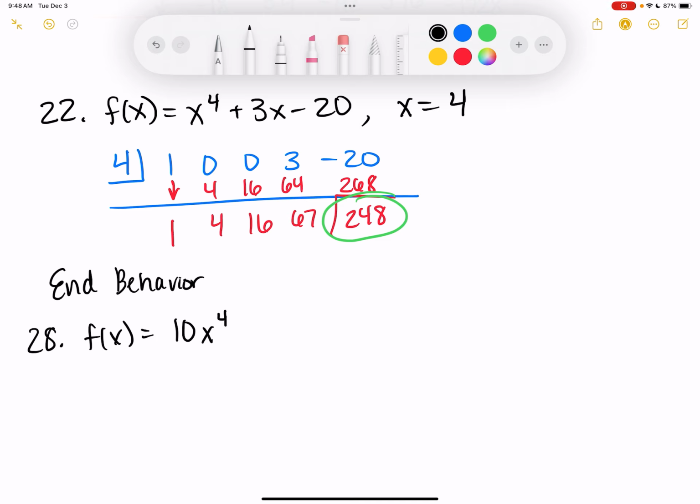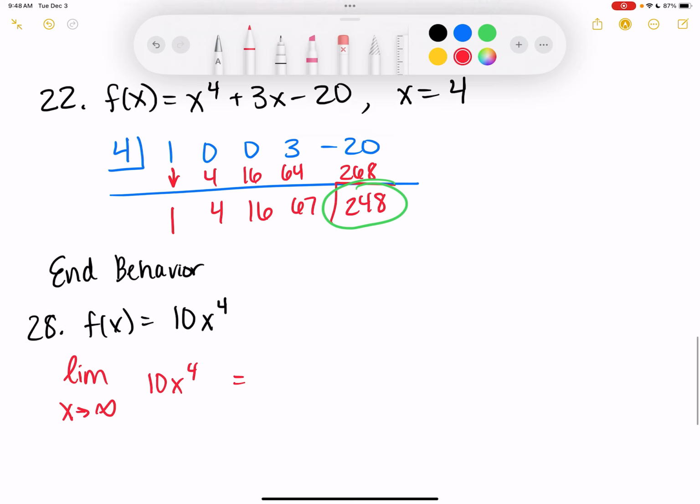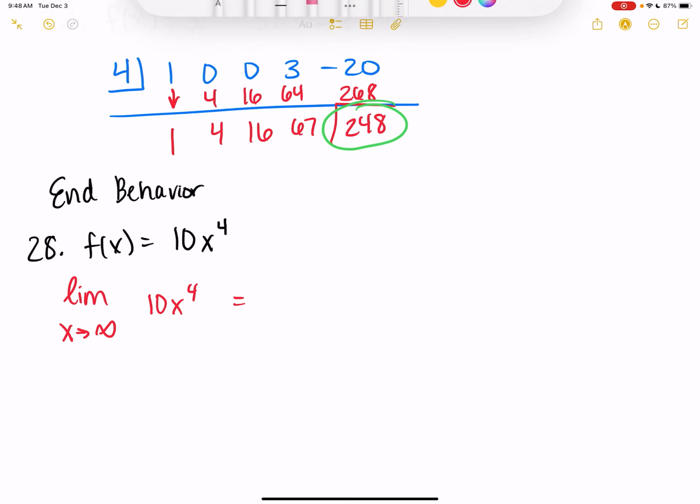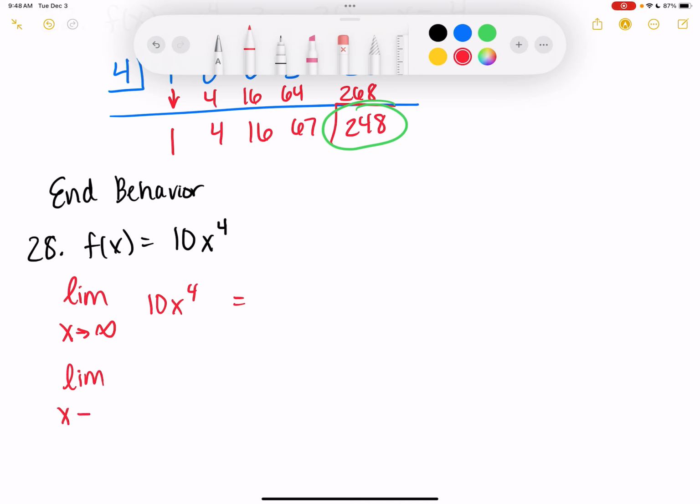The way that we will write it, the book kind of writes it this way, but they don't write it as a limit, is the limit as x approaches infinity of 10x to the fourth. And we're going to figure out what that is. And then the other one that we have to do is the limit as x approaches negative infinity. So essentially as x gets really, really small, or some people will say really big in the negative direction, then